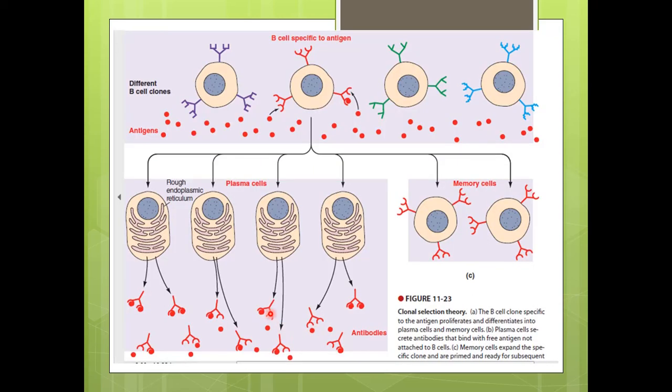Now, this diagram we have already discussed in relation to the activation of a clone of B lymphocyte. So, we are again going to reinforce that this is a specific B lymphocyte which is activated by exposure to its specific antigen. Upon activation, it is going to form the plasma cells which will produce antibodies, and a few activated lymphocytes will form the memory cells, and they are not going to produce the antibodies. Instead, they are going to be added to the activated clone.